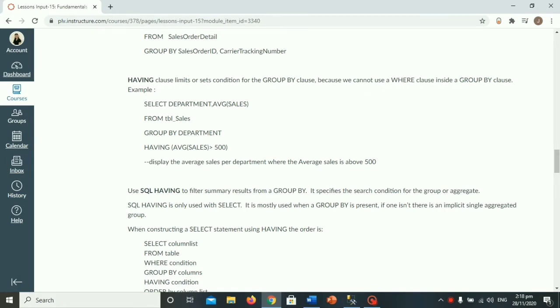The HAVING clause limits or sets a condition for a GROUP BY clause, because we cannot use a WHERE clause inside a GROUP BY clause. The HAVING kasi is contained of data grouped by the data. Yung WHERE is specific collect of data. Bale, yung HAVING is nakakonect siya lagi sa GROUP BY clause. Yung WHERE kasi, di mo siya ma-connect sa GROUP BY clause kasi we cannot use